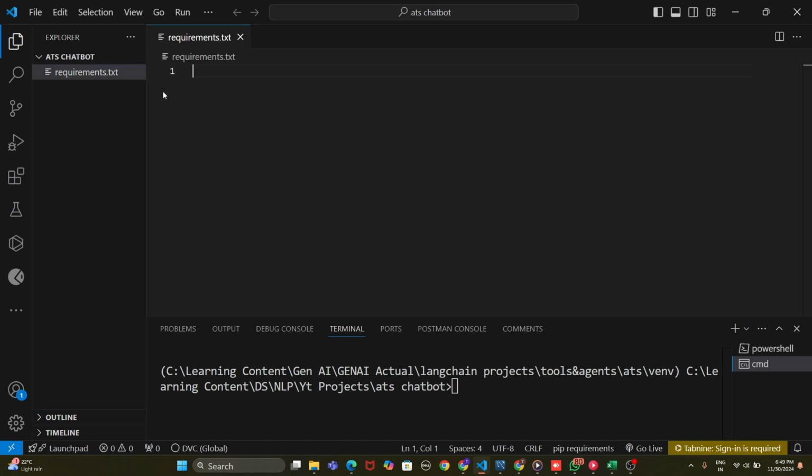Okay, so I need Streamlit because I will show you the UI part also. Then I need LangChain community. Then I need LangChain Groq because I have used the Groq API here to get it done. Then PyPDF. Then python-dotenv. Then AWS CLI. AWS CLI I don't need, I guess. So I will go with directly ipykernel. ipykernel you have to use